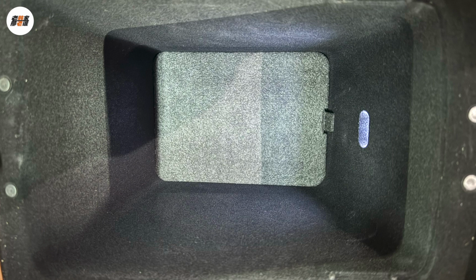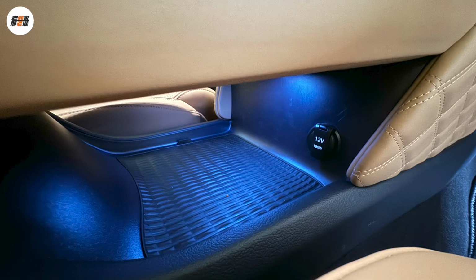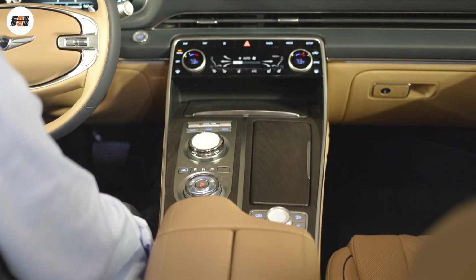There is a small partition above, without any port in it. There is a storage compartment on the floor below the center console. A 12-volt charging socket is on the right side, but I still don't recommend that you put anything